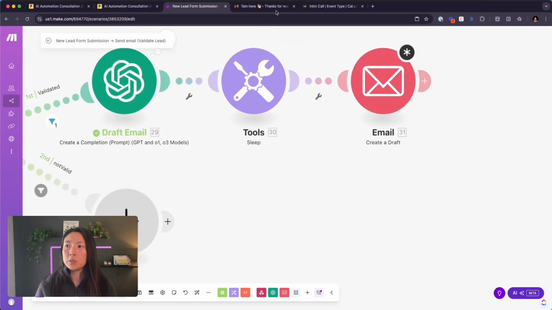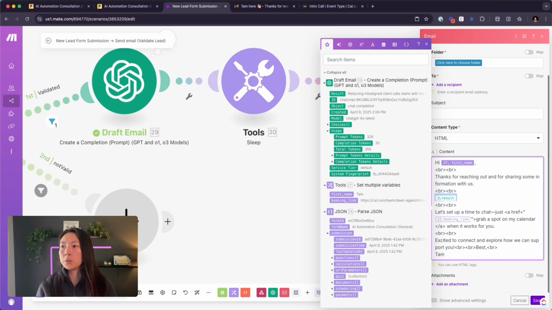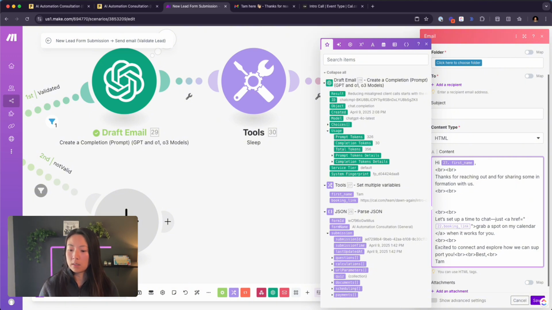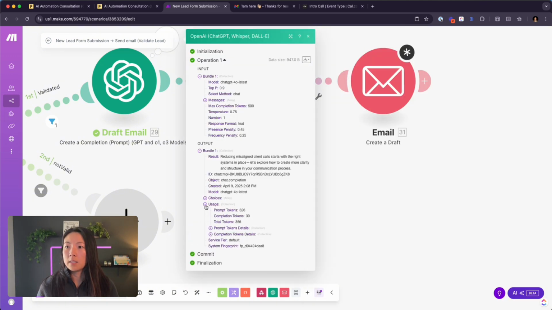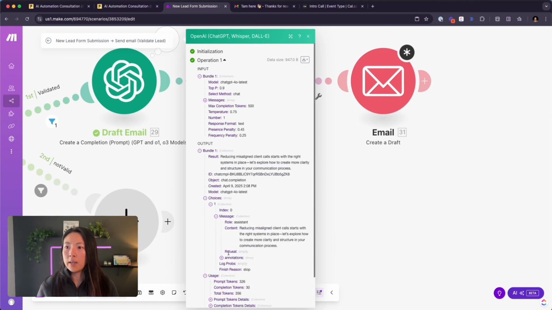So what we'll need to do is actually change this from 3 to 29, right? This is module number 29. We want the result from that. And a shortcut is, number 1, you can always just go and click on the result. So reducing misaligned clients starts with, it's that easy. Or if you are a little bit more comfortable just typing in manually, you can go double curly braces. Sorry, 1 second. Double curly braces, and then go back down here to 29, which is the module number, message, sorry, if I can type, and then result,